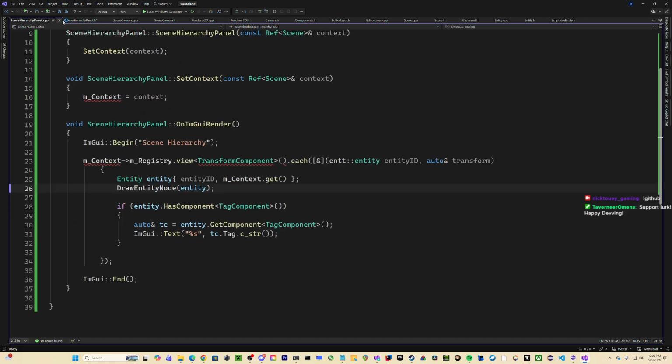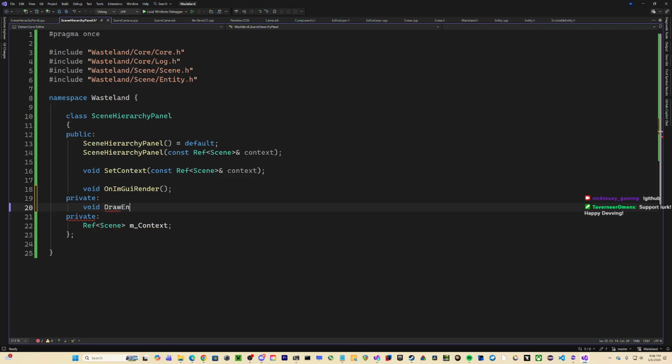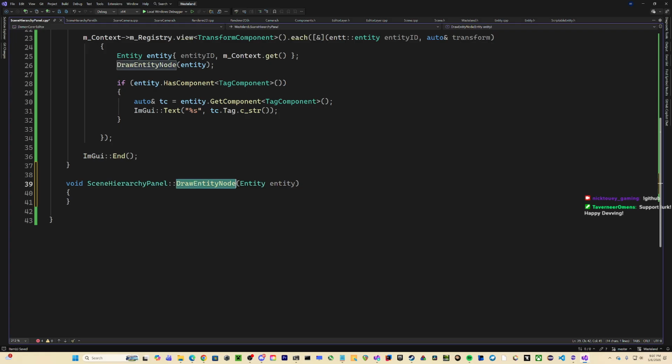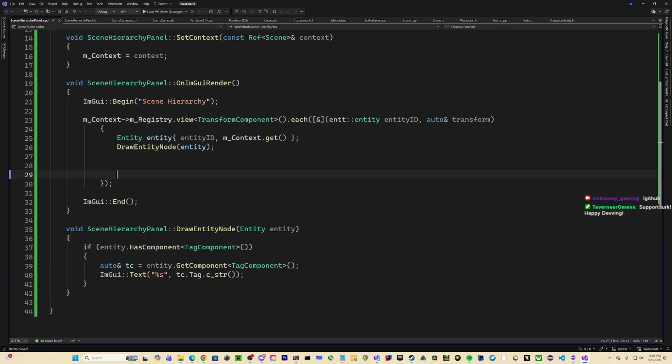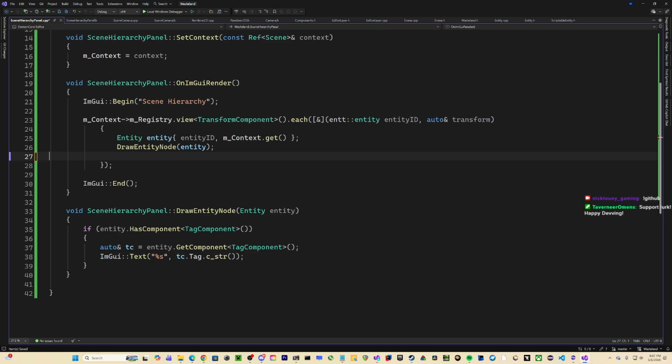What's it called? Draw entity node. There.